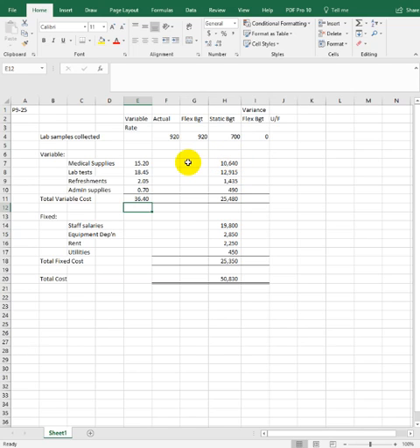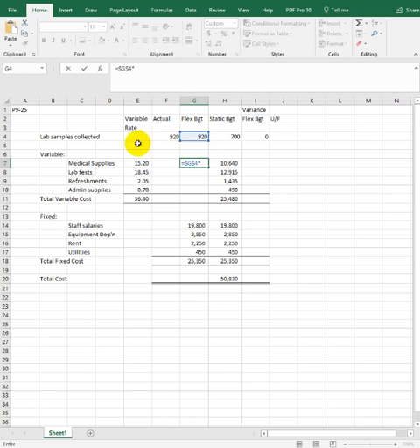apply these to the flexible budget. So all of these fixed costs, the static budget for fixed costs should be exactly the same as the flex budget for fixed cost, because all of them are not affected by the volume of activity. So we just carry those over. How about these ones? The flexible budget costs should be equal to this number, and once again we'll make that an absolute number, and we're going to multiply that by the rate over here. Alright, and then we can just carry it down to the bottom,